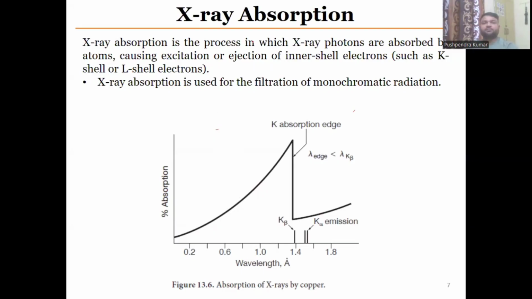In X-ray absorption, X-ray photons are absorbed by the atoms, causing the excitation or ejection of the inner shell electrons. For this phenomenon, we use a sheet of a substance which absorbs radiations of a particular type. If we want to differentiate between K alpha and K beta, then we use a sheet of atoms which can absorb the K beta radiation very strongly, but K alpha at very low